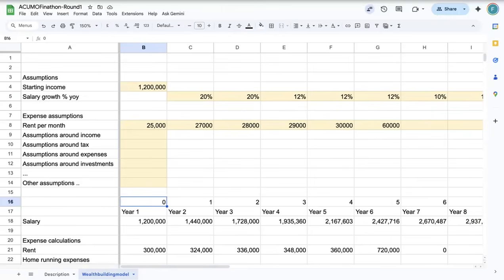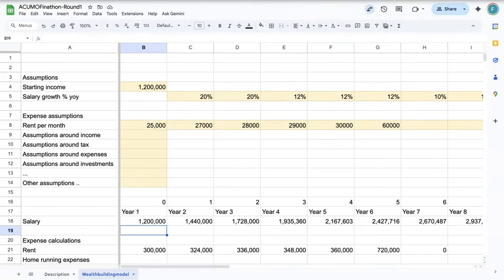So my question is, you've broken it into two segments. One is the assumption part, and you've highlighted it, colored it. What's the reason for that? Typically, best practice is that whenever you make a Google Sheet or any model, there are 2 or 3 parts that should be kept segregated. The first part is a description, which is the first sheet that we went through, which should lay out your approach and how you want to set up the entire model.